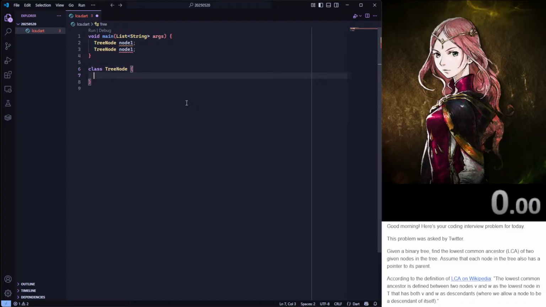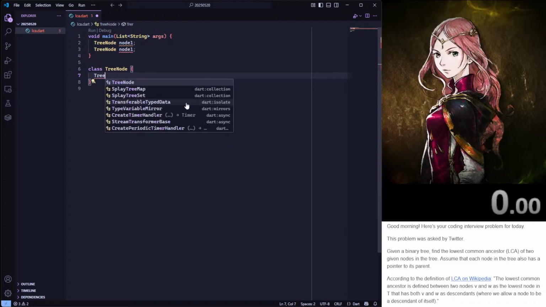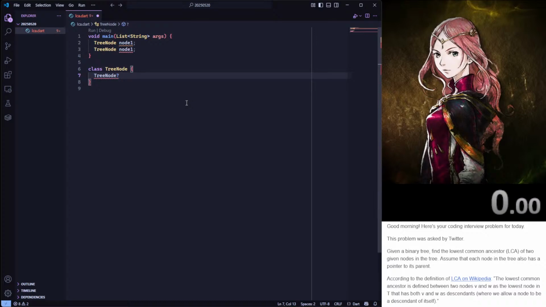write the tree node class real quick. They probably need a parent pointer, right? So they have to have a tree node reference that it can be known. Parent. And they have, it's a binary tree, so it also has a left child and it also has a right child. And what else? It has to have an empty constructor if we want to make it like that, so I guess we need